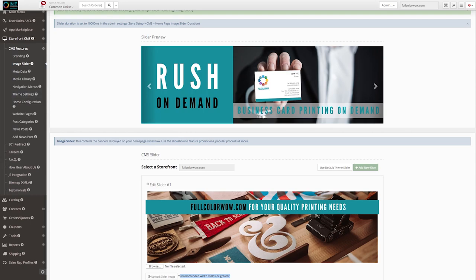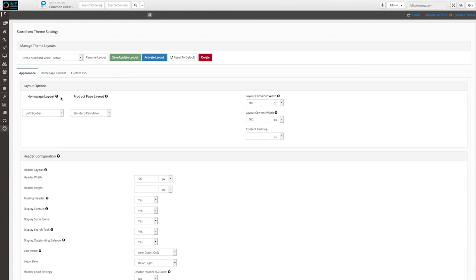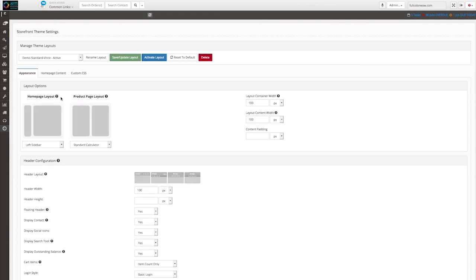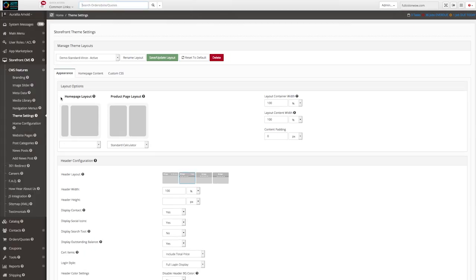Moving on, the next area that we're going to be reviewing is the theme settings section. Now, I did mention earlier in the demo that there are two different types of themes that you could actually select, a standard theme and a premium theme. This is where you would actually come to make the update for your theme. Not only that, there are a few different types of changes that you can make on this page as well,